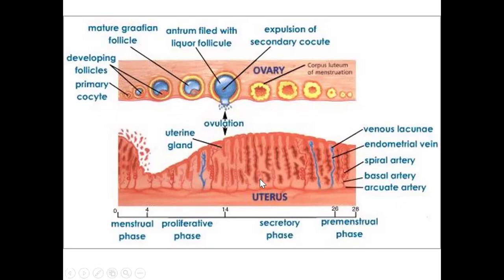Now the hormone required for this increase in secretion is the progesterone, and that progesterone is secreted by the corpus luteum. So it means the ovarian cycle and the uterine cycle both occur in a rhythm, simultaneously at the same time. And here the estrogen is released and is being used, and here the progesterone is being produced and it is used here.